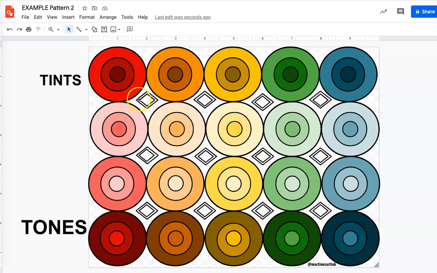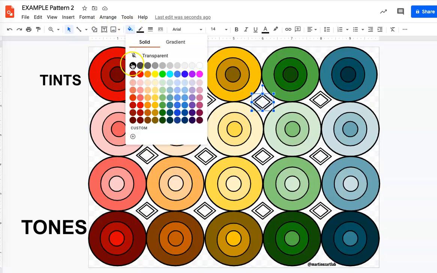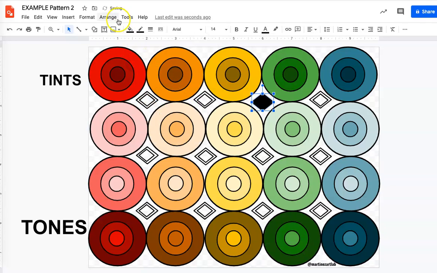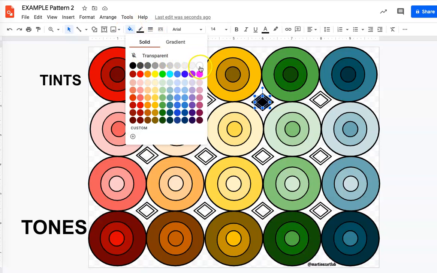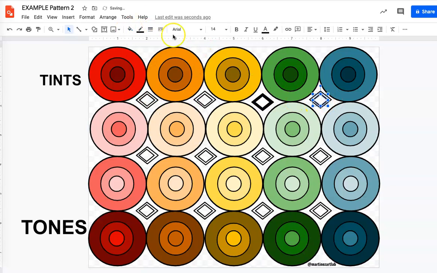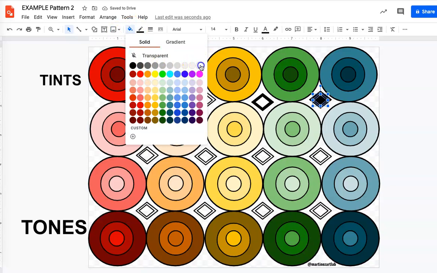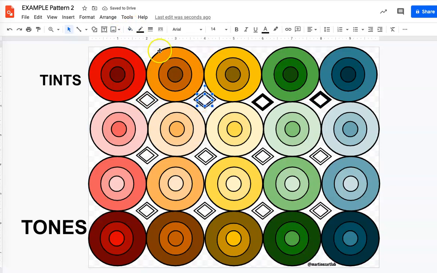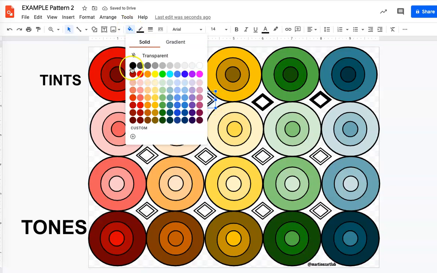So I'm actually going to go in now and have some fun with these little shapes. I'm not going to create a tint. I'm actually just going to go in and make the fill color black. And then I'm going to make this little shape white. Okay, so I will create my background black and then my shape in the middle white as just kind of a point of interest in our composition